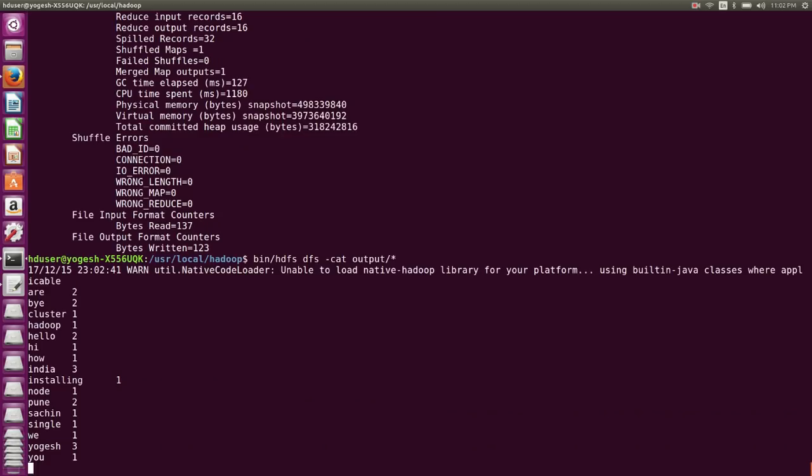So yes, type star. See, this was our input file and this is the output. "By" was 2 times, "cluster" was 1 time, then the word "Yogesh" was used 3 times, "you" 1 time, "Sachin" 1 time, like this. So this is how you can install a single node cluster on Hadoop, and this is how you can run a